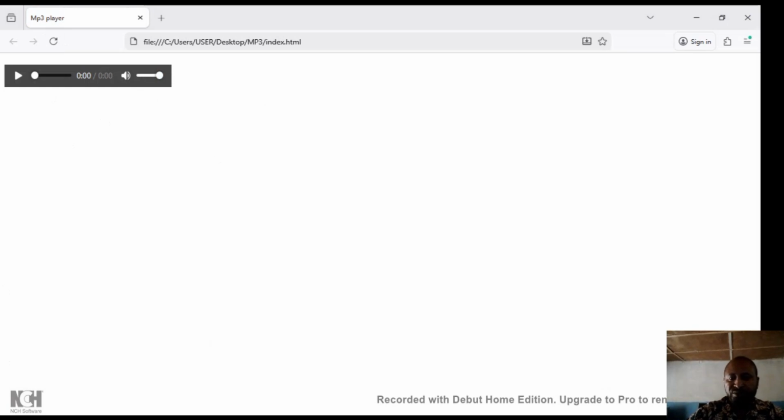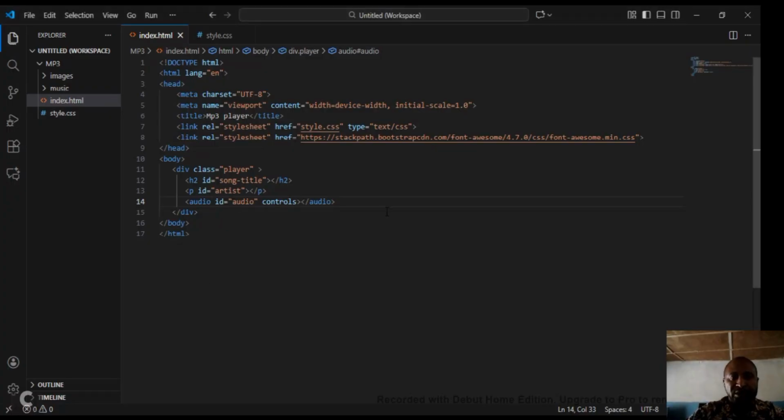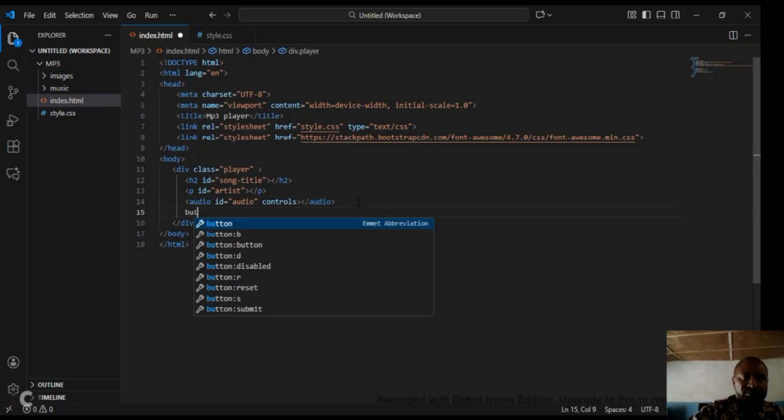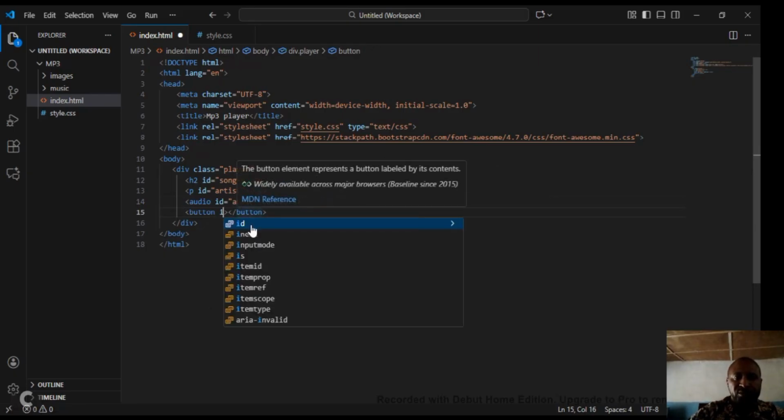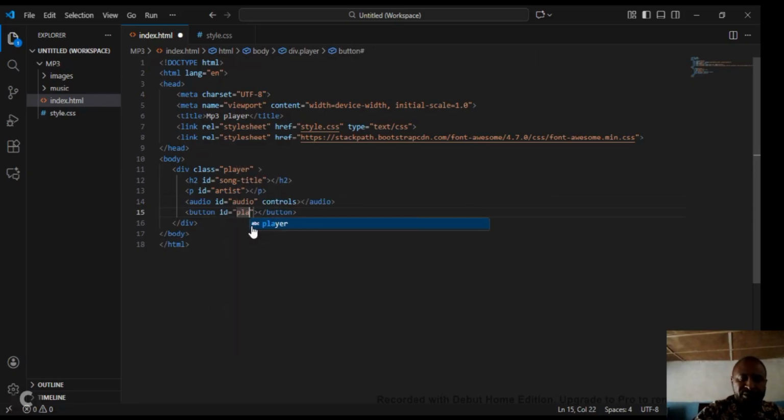So we're going to create some buttons for control. Button. I'm going to give it an ID of play,